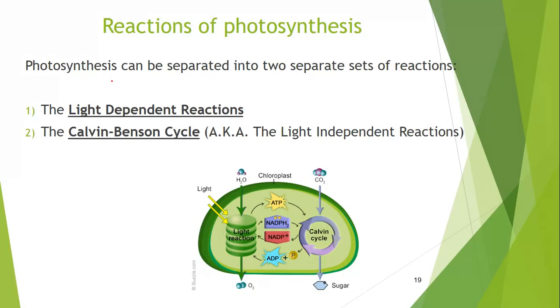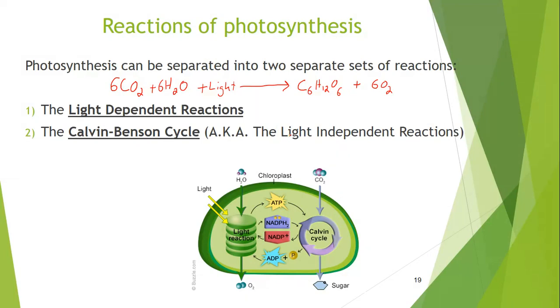So photosynthesis is where the plant takes in 6 CO2 molecules from the atmosphere, takes in 6 water molecules from its root system. It uses light energy from the sun to combine these two reactants into the product glucose, C6H12O6, plus 6 oxygen molecules, which it releases out into the atmosphere. So that is the entire